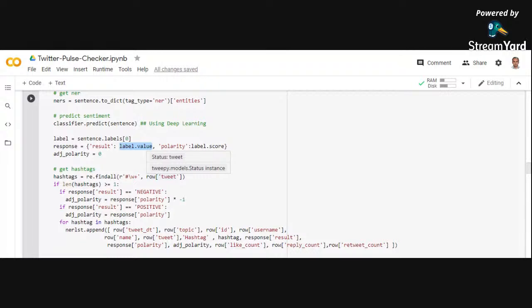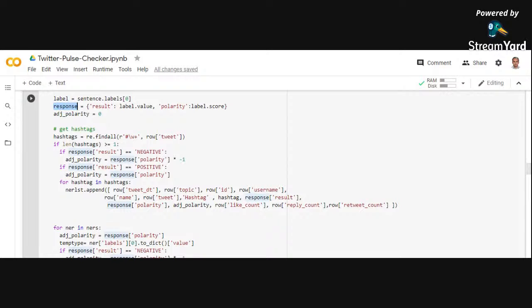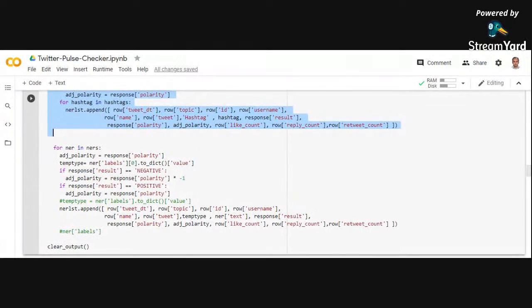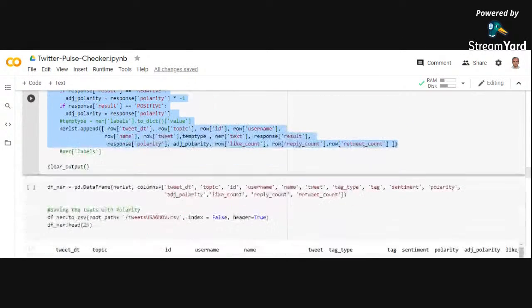So these two things are part of this response, and then this response and result will be used for separation of tweets, positivity or negativity, and then we are going to generate the named entity list. In that named entity list we have tweet date, topic, username, then polarity, and this is done for all the 3000 tweets that are there. So first we are going to perform this with hashtag, and second we are going to perform this with all the tweets. This code is quite self-explanatory, so I will just